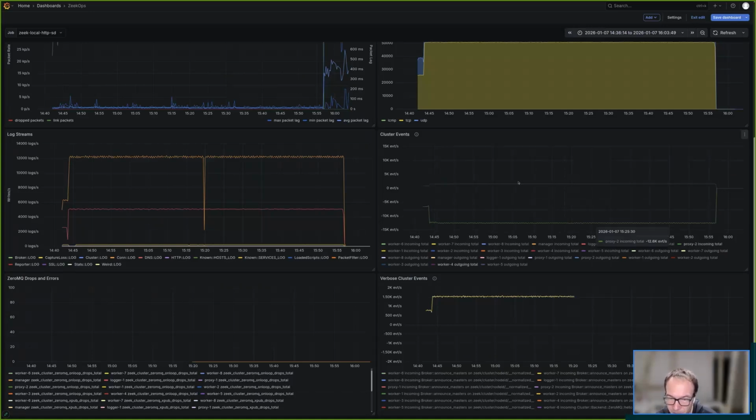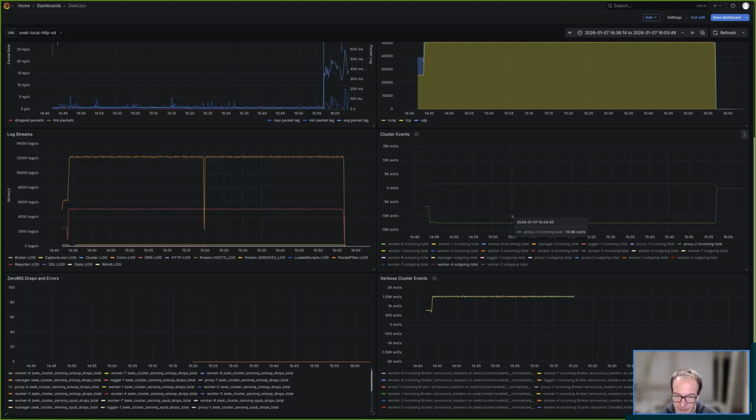So worker 4 outgoing is publishing about 1.6K events per second. Those are the new connection UID events that are artificially published mostly. And the proxy 2 has about 12.3K events per second incoming because it's receiving from all the other workers those